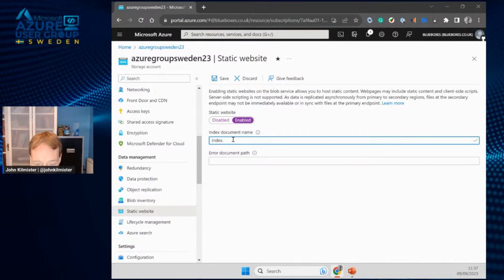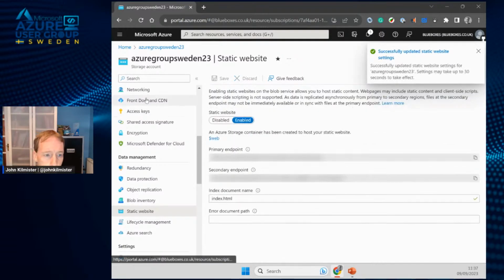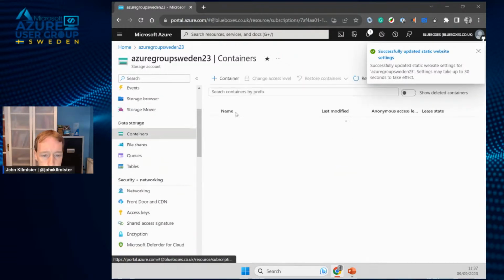So this is more useful if you were just to make a public container that was completely open, and you put an HTML file in there. You would have to put the full name of the file in. By doing this, when we go to the root, it's automatically going to load index.html. So we save that, and now if we have a look at our containers, we'll see we've got a new